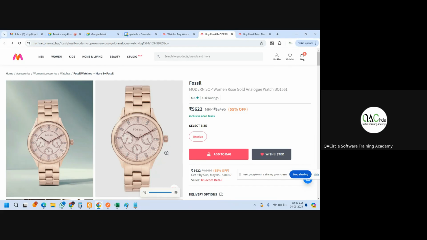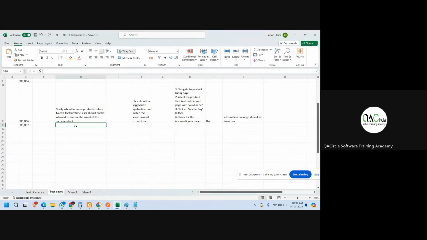So you might think that this is not necessary, this is very much account specific. But yes, this has to be tested. These types of cases should also be tested. Okay. So how do we write the test case for that? Verify